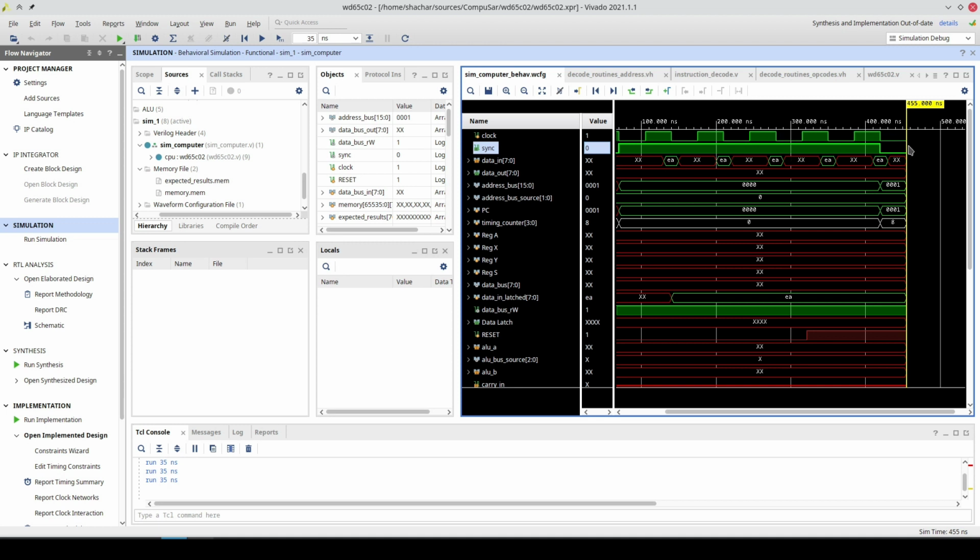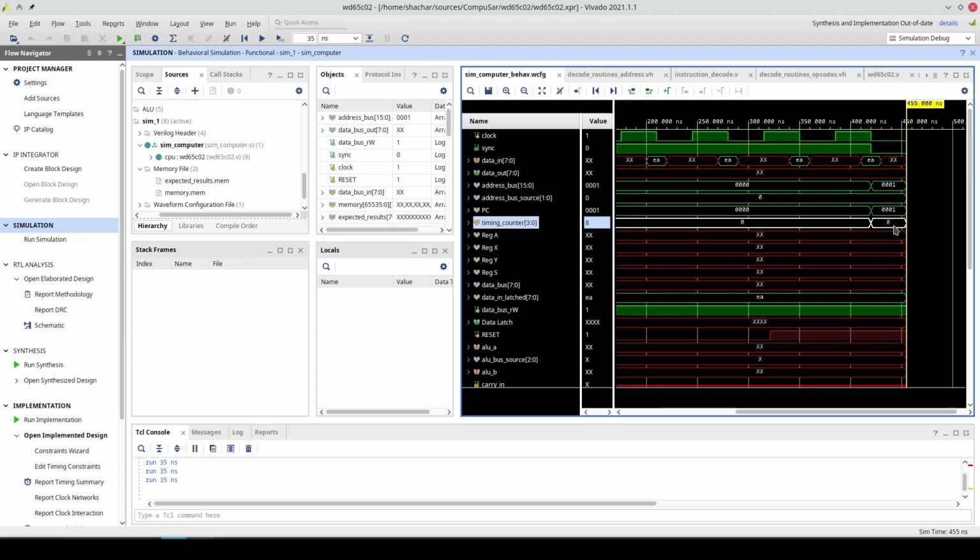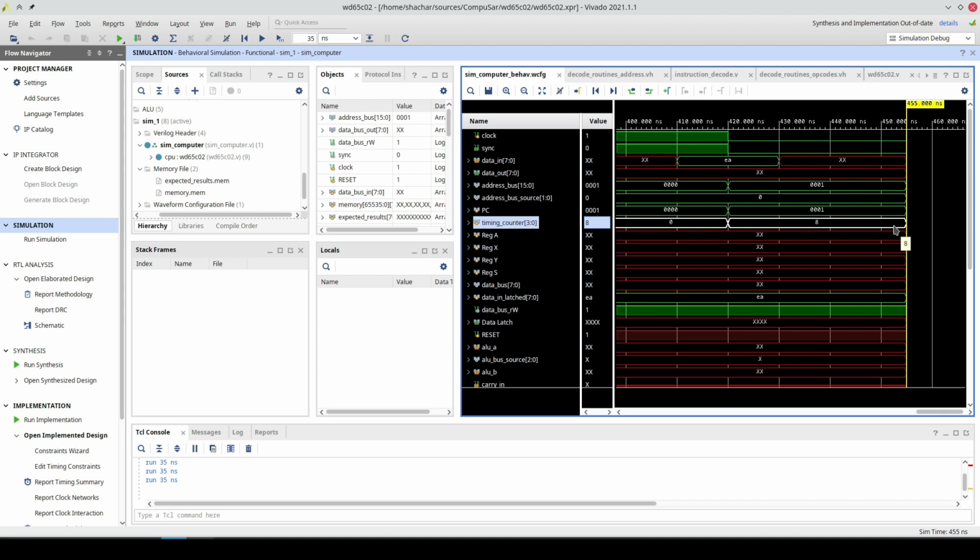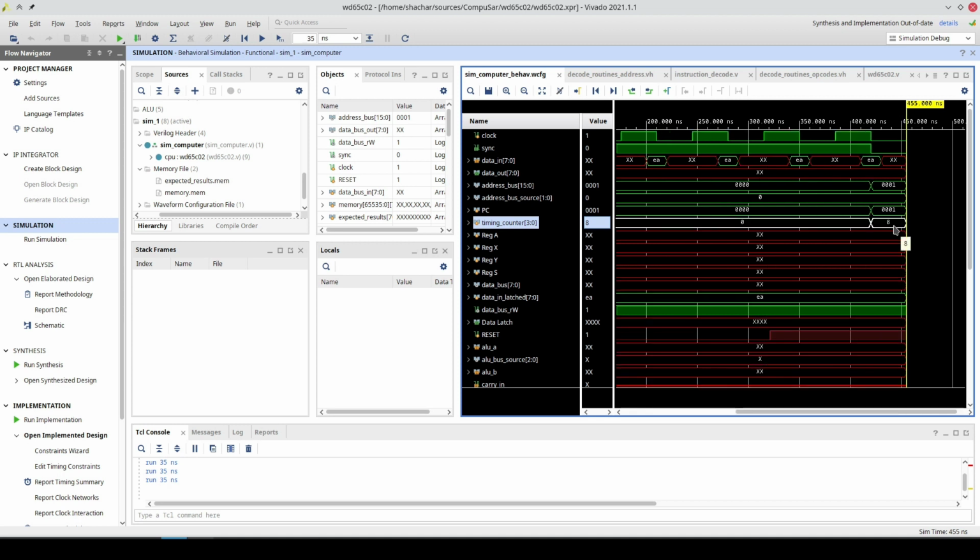So the sync line goes low. The timing counter switches to 1. Well, it switches to 8, but we'll talk about why later. And the address advances even though no operation obviously doesn't need the next address.